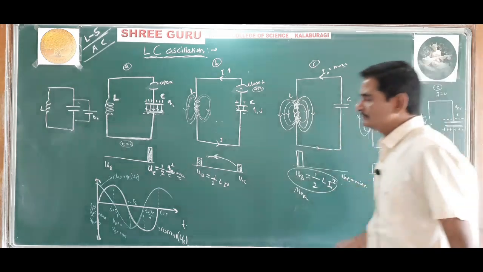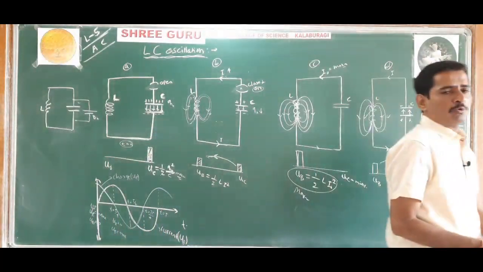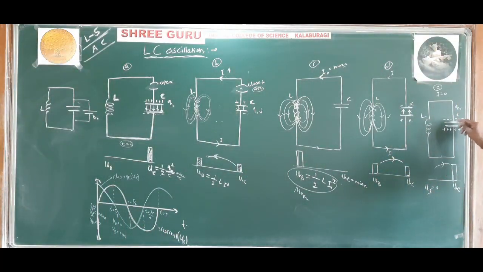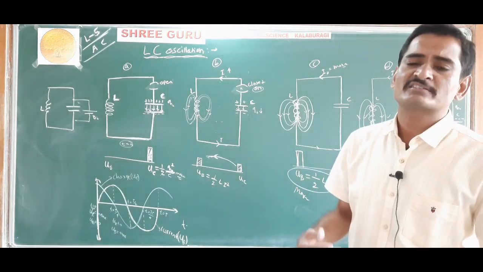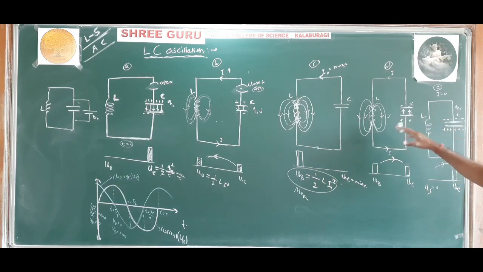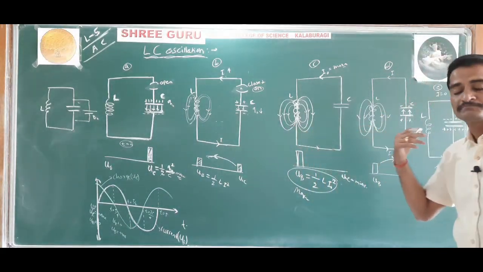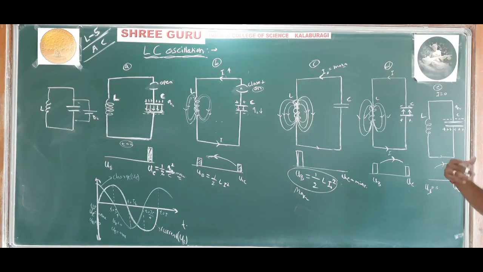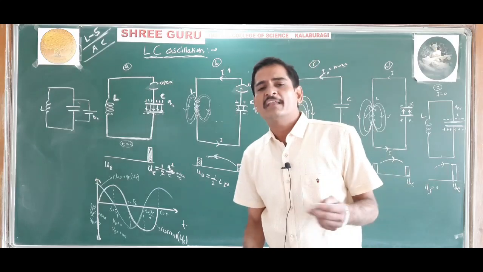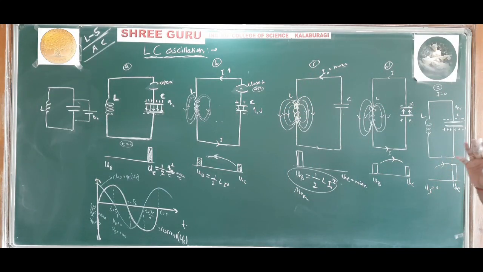So like this, this process once again continues. Once again it is completely charged. Once again the capacitor starts to discharge and the inductor starts to charge, and then once the energy stored in the inductor becomes maximum, that is, the magnetic energy stored in the inductor becomes maximum, the inductor starts to discharge and the capacitor slowly starts to get recharged.